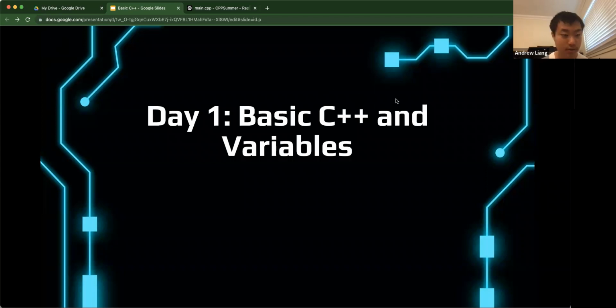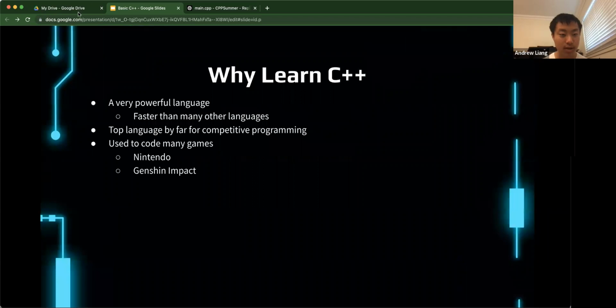So first of all, why should we learn C++? Well, for me, I find C++ is a really powerful language, and often it's faster than other languages like maybe Java or Python you've learned. C++ is fast to the point that the exact same program in C++ is